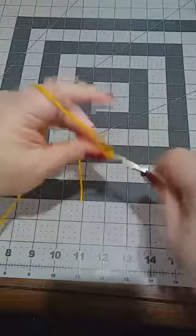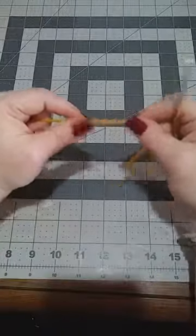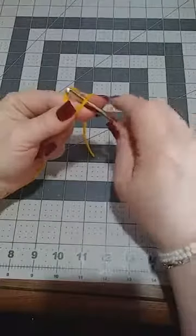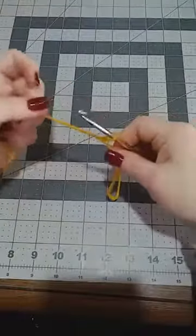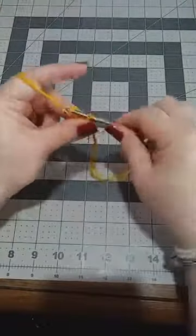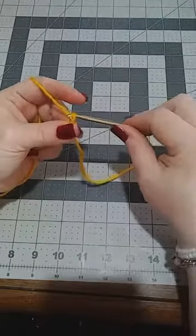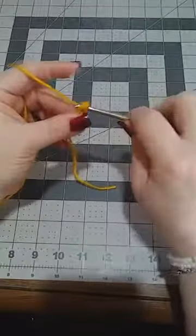Now this is actually a trick for doing a magic circle. A lot of times people have a hard time doing a magic circle. To be honest, I do too. This is a simple way to do it. I think for most patterns that call for a magic circle, you can do this instead. All you're doing is chaining up 2, and you're putting 6 single crochet into the first